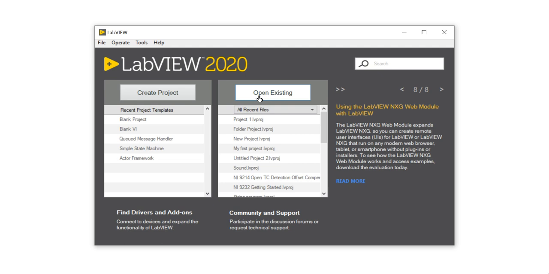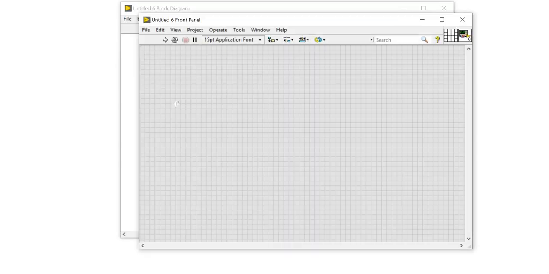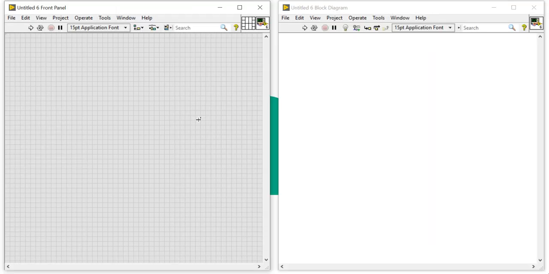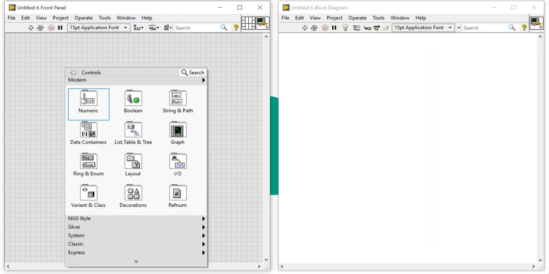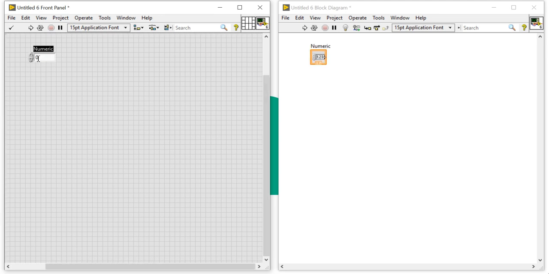Now here I am going to show you the difference between controls and indicators and data types. Come here, press Ctrl T, right click, come into the numeric and take a numeric control and its numeric input.